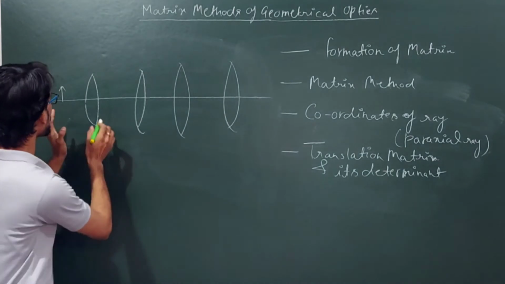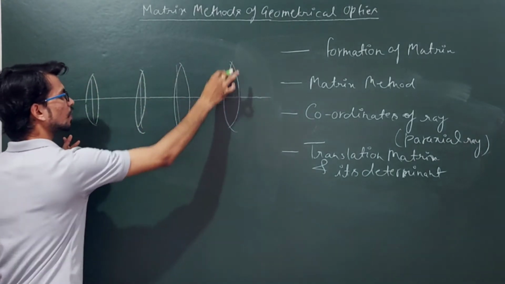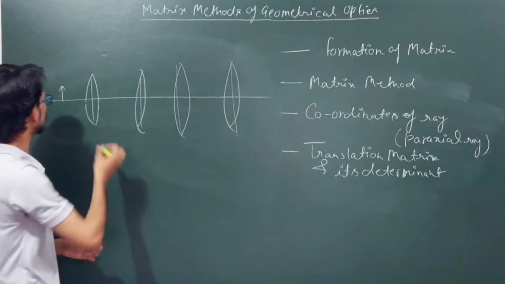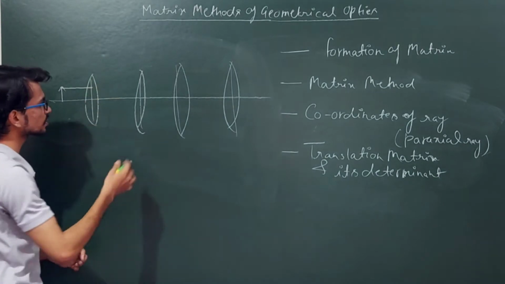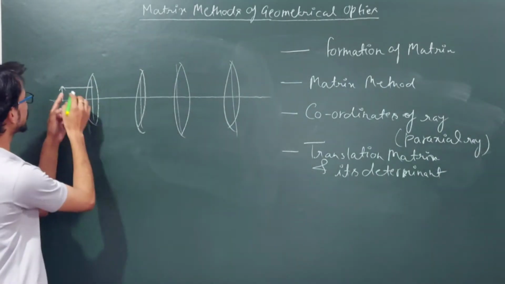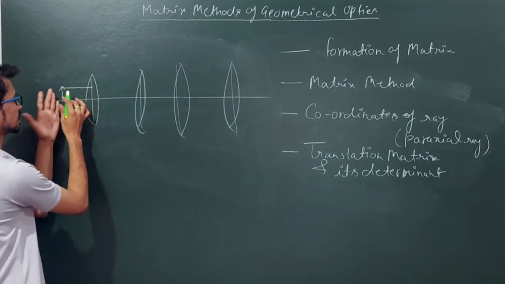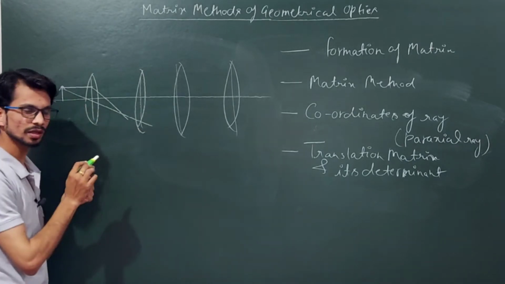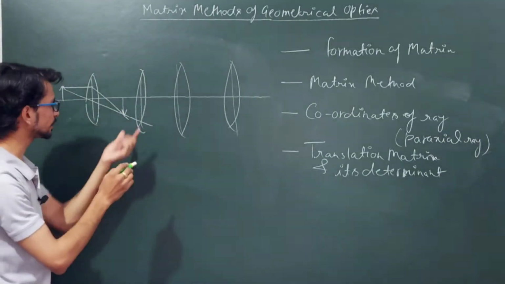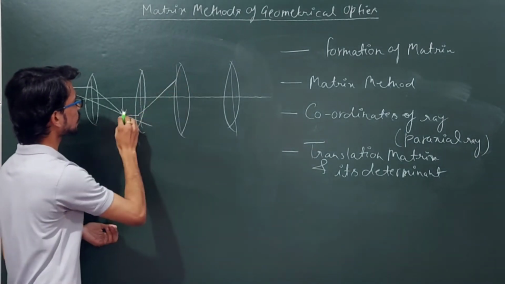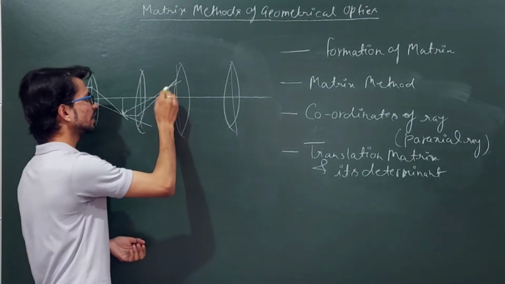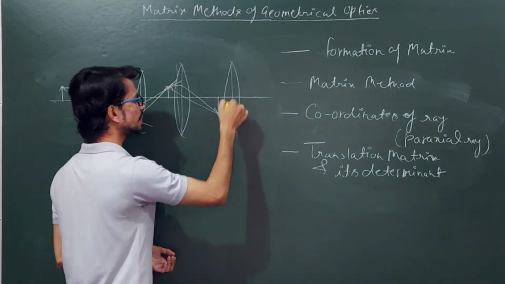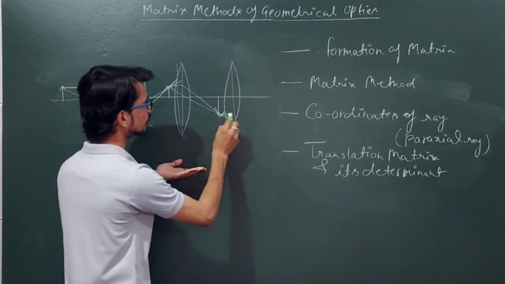Now if I am forming the image of this object with this one, that one and all the coming lenses, then that process will be more laborious. That process will be more complicated and difficult, because when I take this ray here, let's say this object is somewhere here, such that its image is formed at this point. Now this image will be treated as the object for this lens, and it will create its image here. Now again this will be treated as the object for this mirror, and it will create its image here. Similarly, this is treated as the object for this lens, and it will form its image at some point.